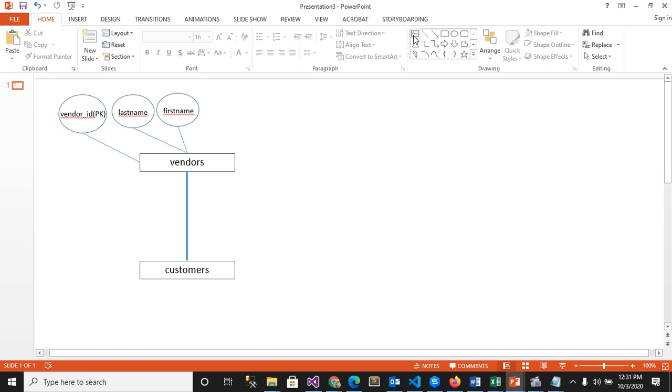So what type of connection, what relationship, is between the customer and vendor? We all know that there is a relationship type: one to many, one to one, many to many, or many to one. So what relationship type can we assign between vendors and customers? One to many, sir. One to many. Okay, so one here and then